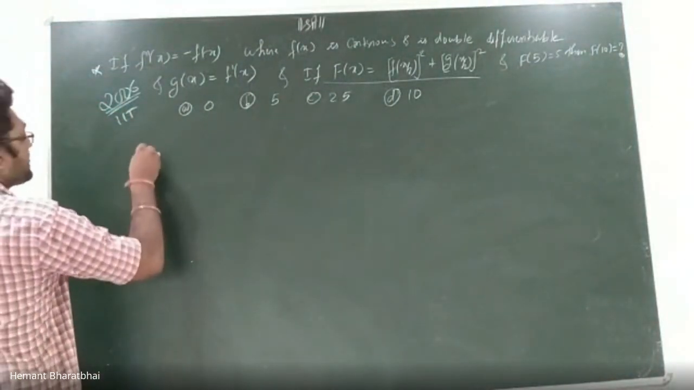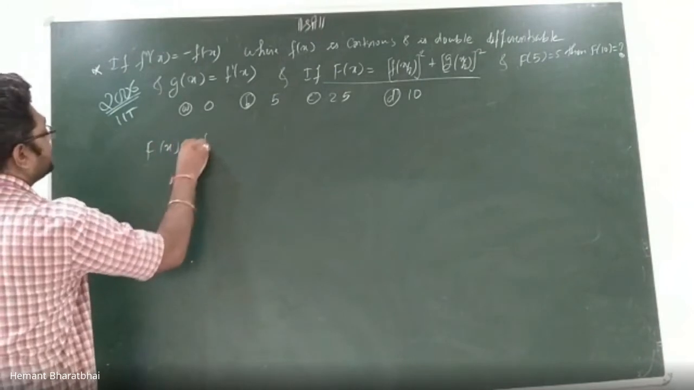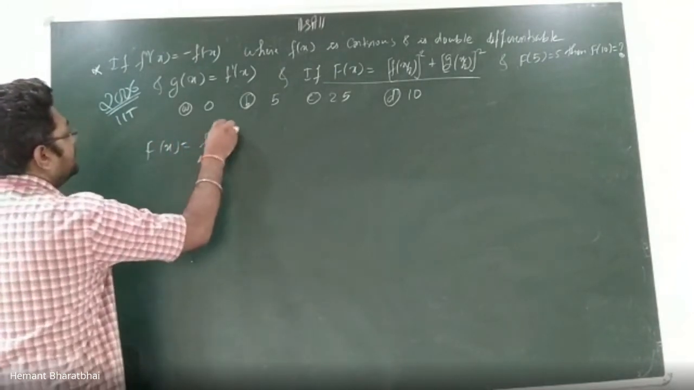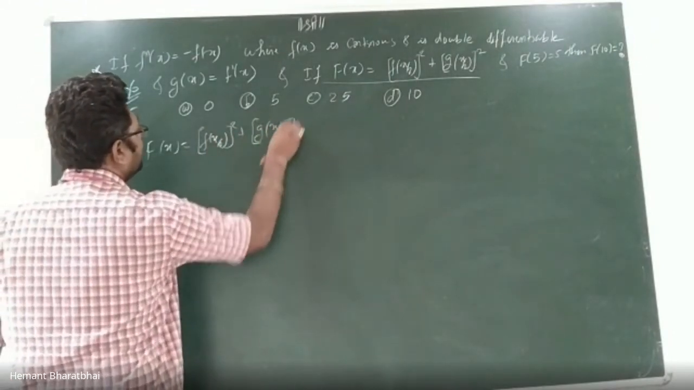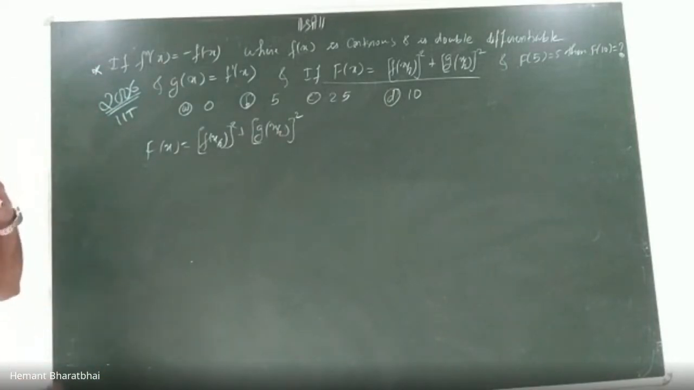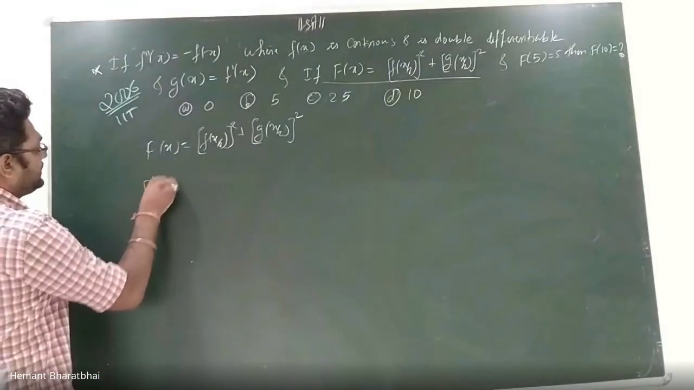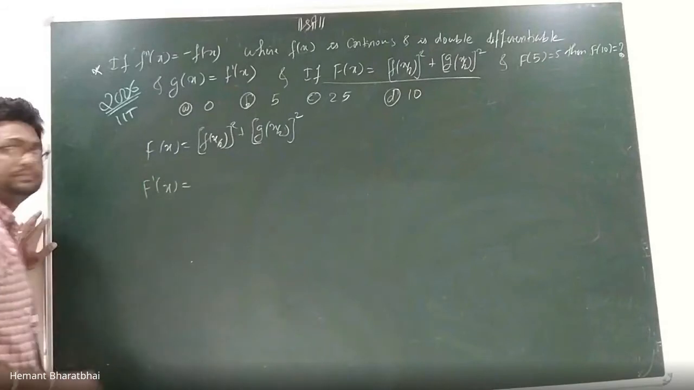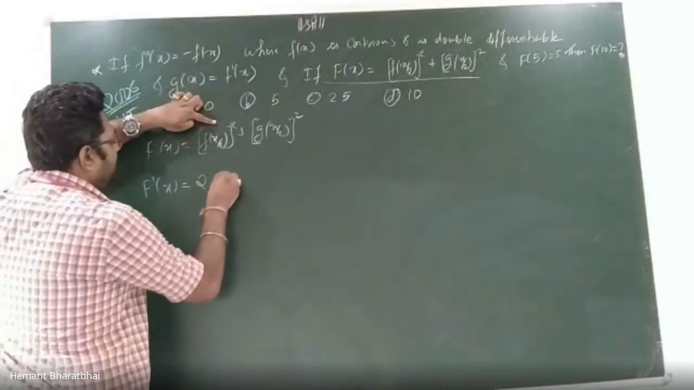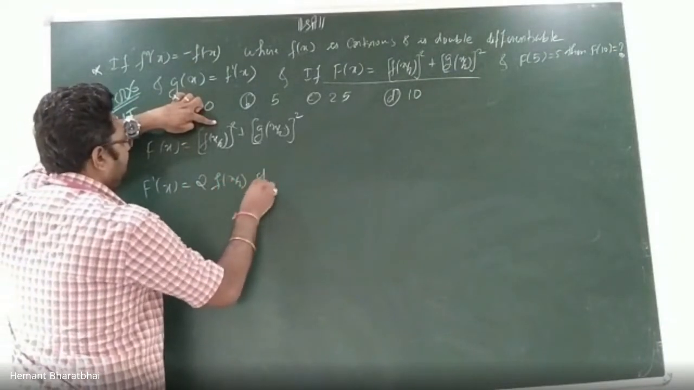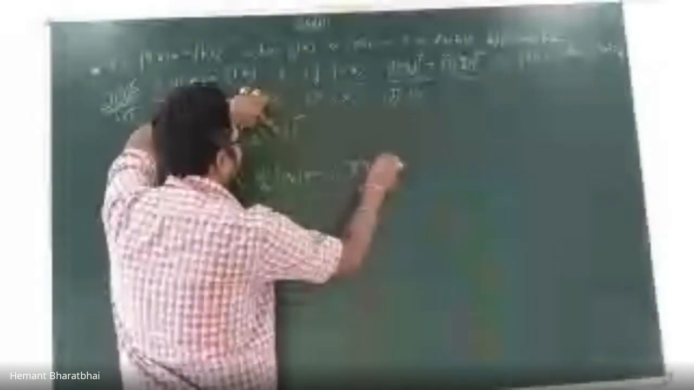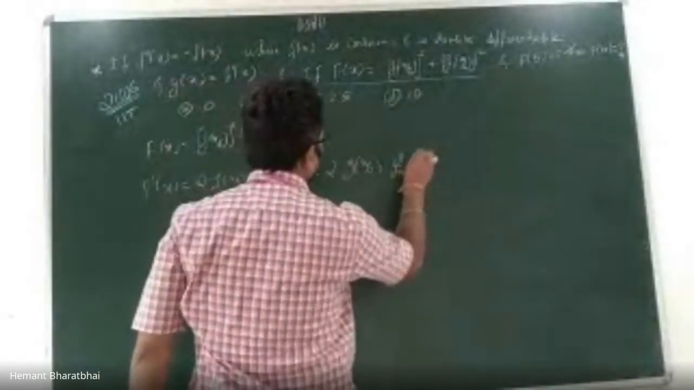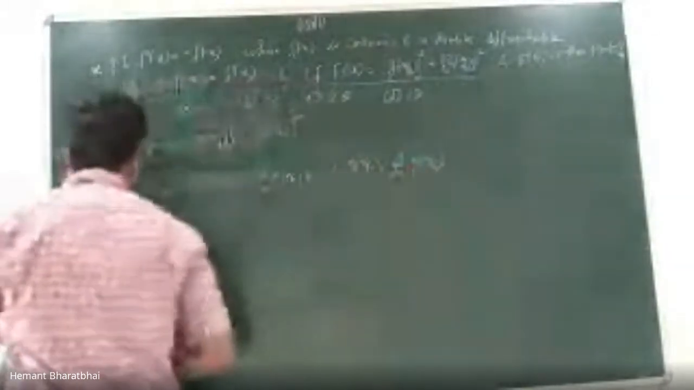So I'm taking capital F of x is equal to f of x by 2 the whole square plus g of x by 2 the whole square. Now let me take the derivative. So F dash of x is equal to, derivative of this will be 2 into f of x by 2 into derivative of f of x by 2, plus similarly derivative of this will be 2 into g of x by 2 into derivative of g of x by 2. Therefore, I will get